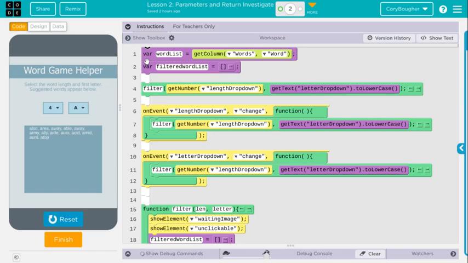What is happening here is we have a data set with words. We created a variable word list and we got the column of words and a word. And we're creating an empty list based on something below. We're calling the filter function to get the drop-down length from the user and get the text and set everything